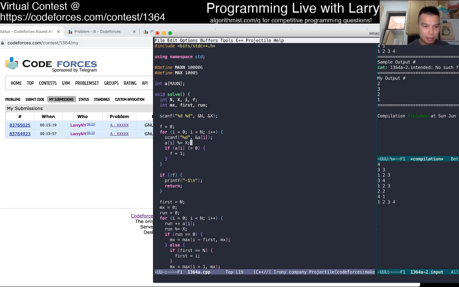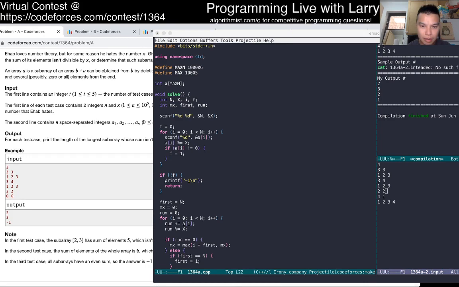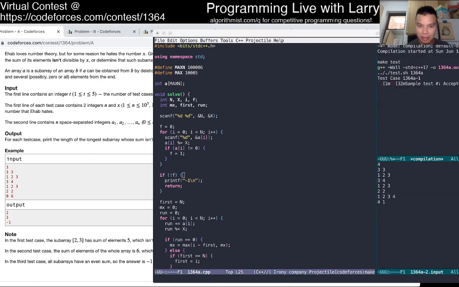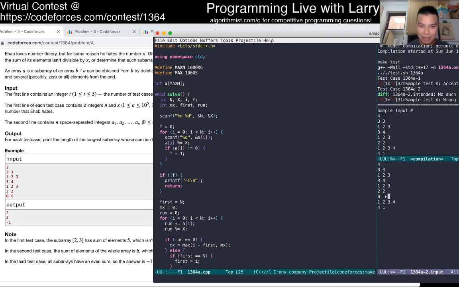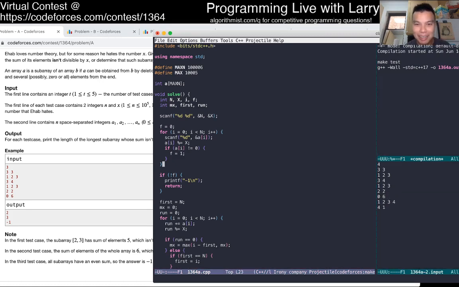Then X. Is my input wrong? No, it's X. Oh no, I had my input in the wrong order. Whoops. Wait, is that true? I don't know anymore. Oh no, I just deleted an input by accident, that's why. Okay. A lot of silliness.